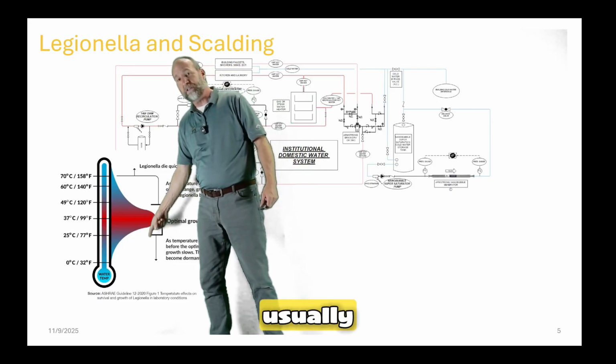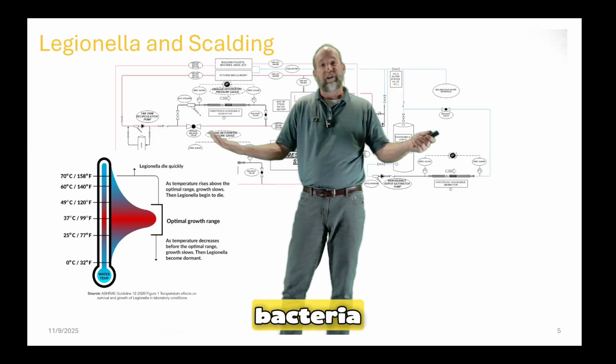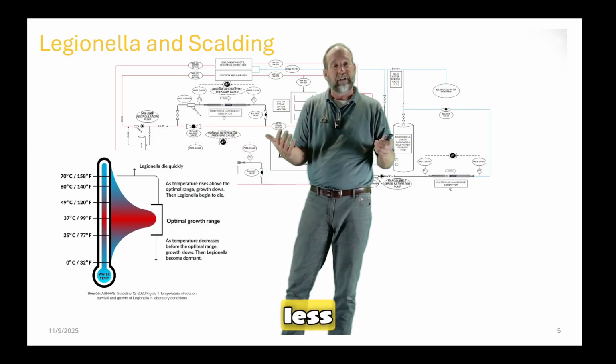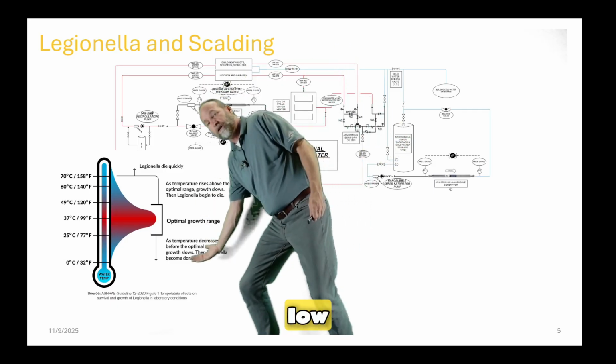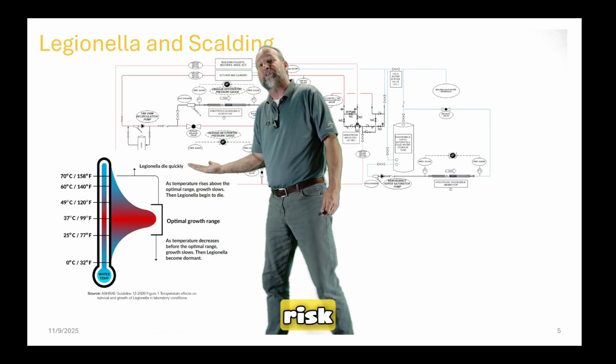That water is usually going to be down below the growth range. So essentially the bacteria is going to stay dormant. It's not going to multiply and replicate. So you have less risk. You don't have no risk, but you have less risk. Again, low risk when the water's colder, getting more risk, more risk, more risk, and then less risk as the